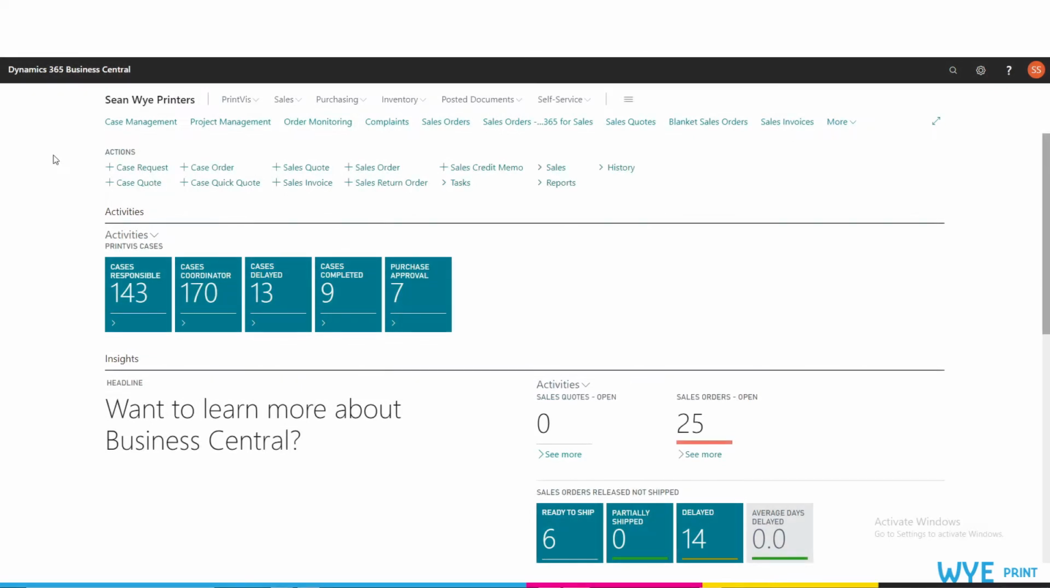The opening hours setup is a feature in PrintVis that is extremely important when maintaining or changing certain times that a job or department is available during the day. To navigate to the opening hours setup, we can go from the role center to the top right